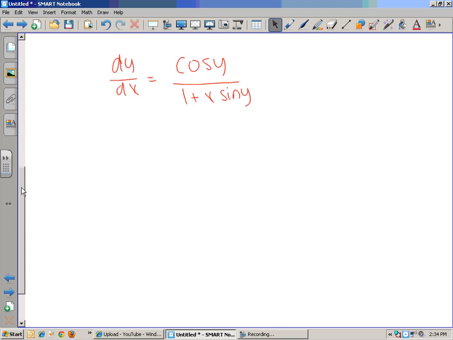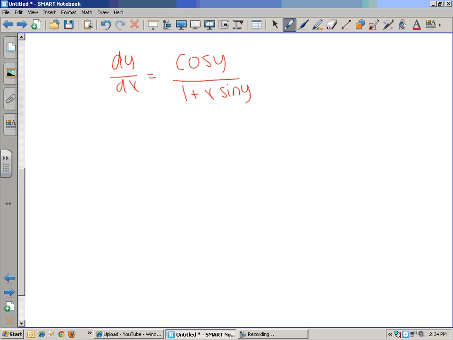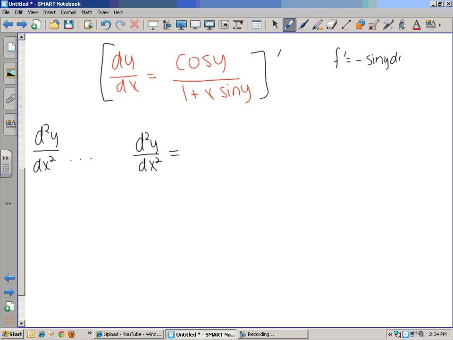Unfortunately, I'm barely halfway. And the reason is, remember, I'm looking for the second derivative of y with respect to x. So that means I need to prime this whole thing. So the second derivative of y with respect to x is equal to, now I need to split this up. So f prime would be negative sine y dy/dx, and g prime would be equal to the derivative of the first times the second plus the derivative of the second,